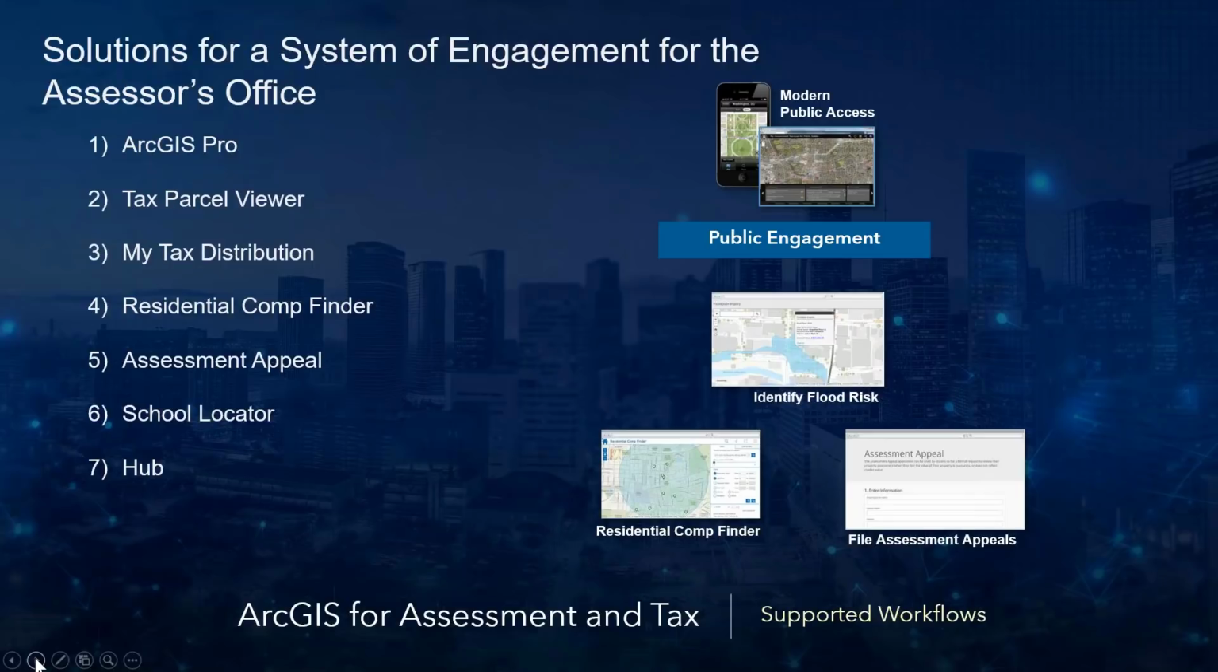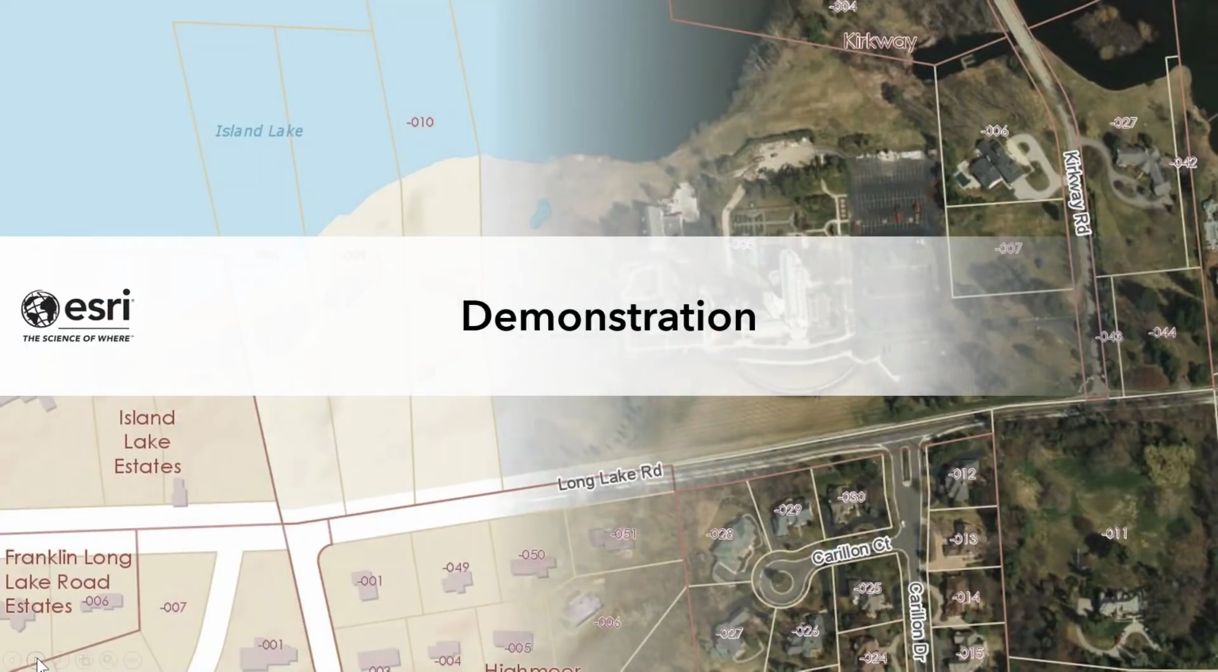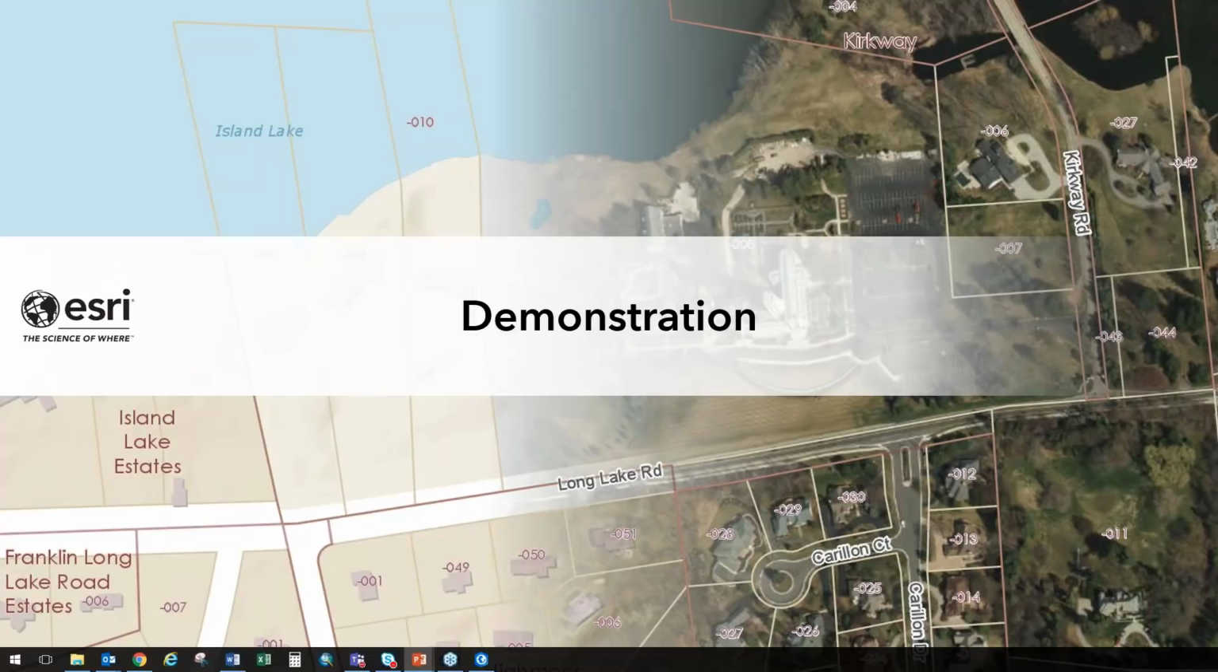So today, what I want to plan on showing you guys is about 7 different things. We're going to look at ArcGIS Pro. I want to show you guys some different tools in ArcGIS Pro that are going to enable you to quickly and effectively spin up these applications. Then I want to show you the tax parcel viewer, the My Tax Distribution, residential comp finder, assessment appeal, school locator, and lastly, I want to show you how you can extend all these different applications and provide your constituents with a very valuable and beneficial tool through Hub. So with that, I'm going to get into the demonstration portion here. If you bear with me,